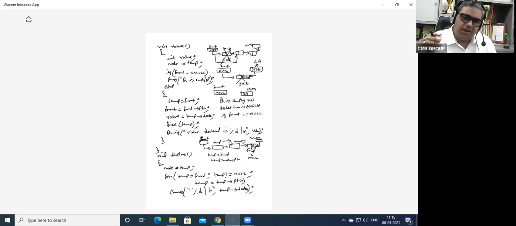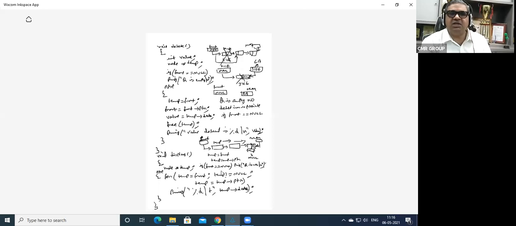Temp arrow data. But remember, this is going to be done only when the queue is not empty. So the first check is if front is equal to null, printf queue is empty, else only you are going to do this. So first I'm going to do if front is equal to null, printf queue is empty, else I'm going to do this. Close the else now and close the void display. That's all. So is it understood how we have done this particular problem?